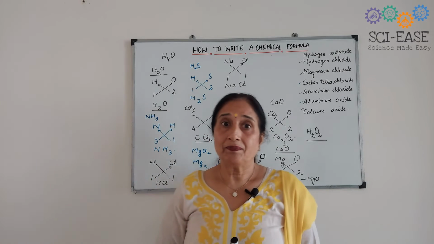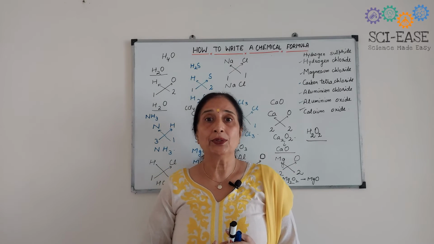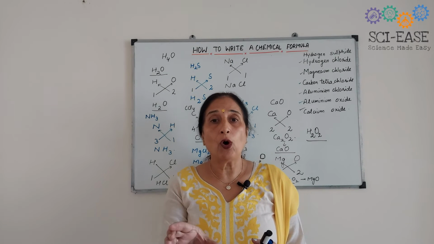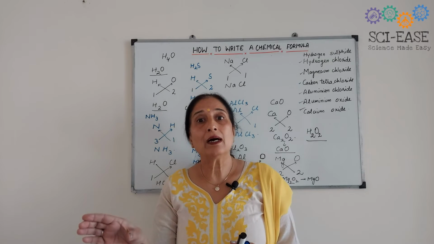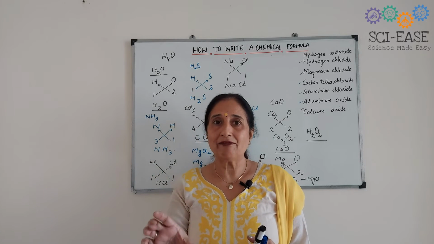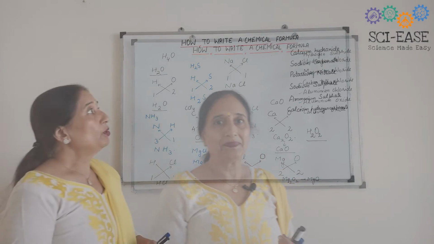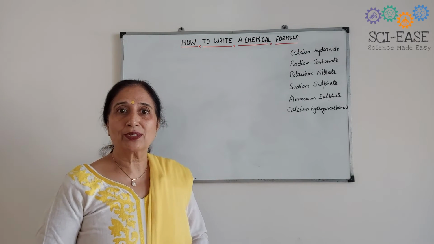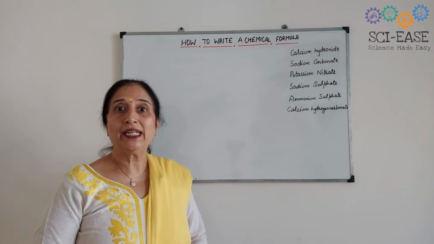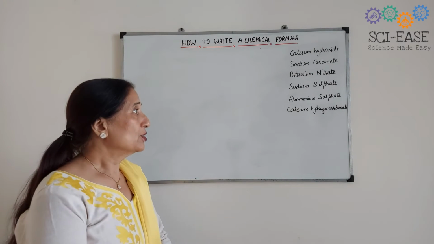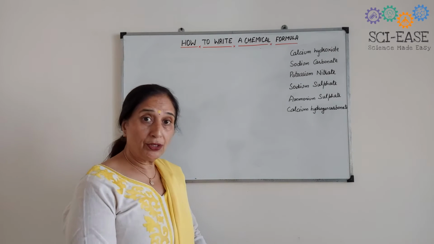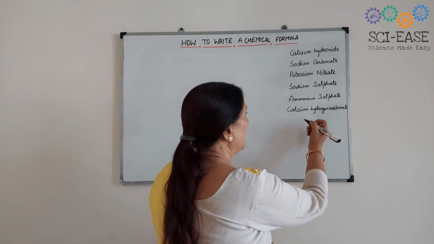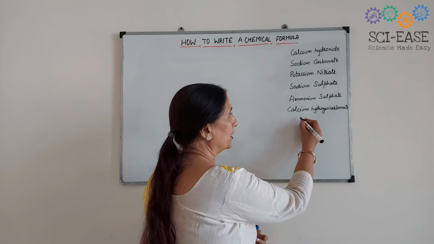Now, next thing, I want to tell you that I will take up some of the compounds which involve polyatomic ions. So that part is left. I'm going to tell you that. Now here, I have written some chemical compounds which involve polyatomic ions. So some of the polyatomic ions, you must memorize the formula as well as the charge on it, like